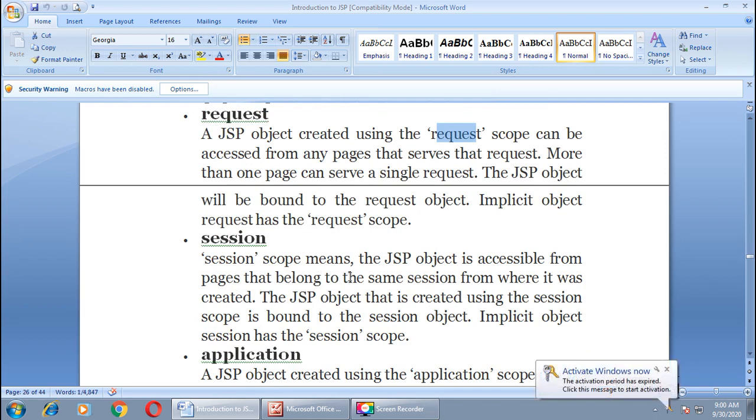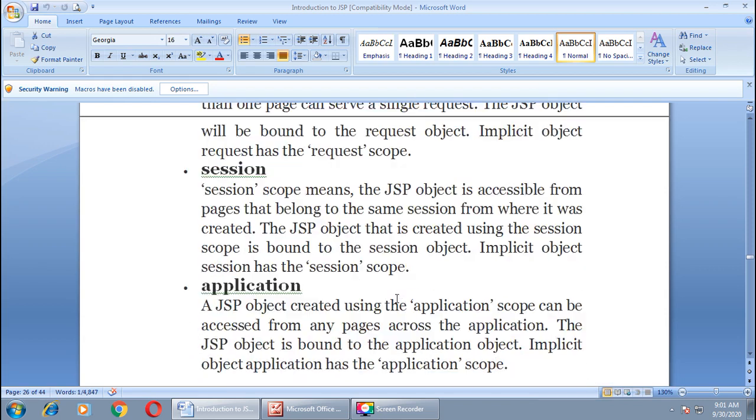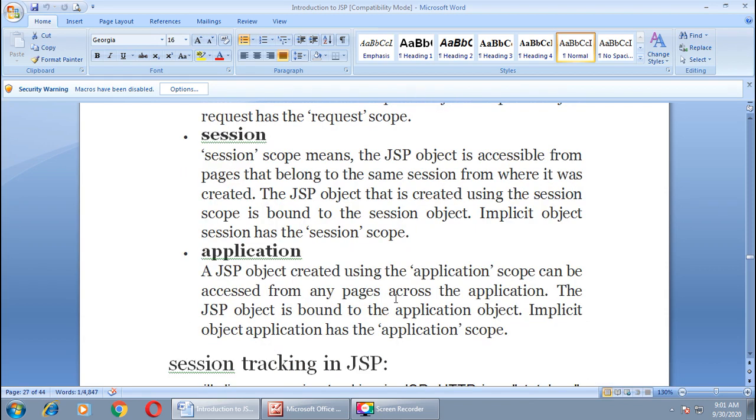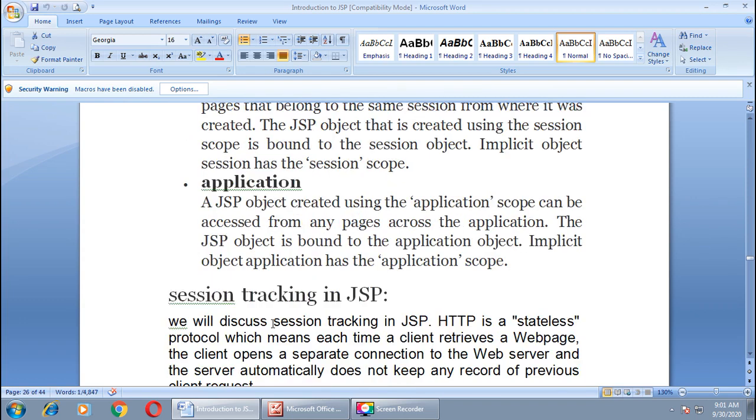The session scope means the JSP object is accessible from pages that belong to the same session from where it was created. Application scope for an object means the object can be accessed from any pages across your whole application, right? So these are the 4 scopes of objects available in JSP.